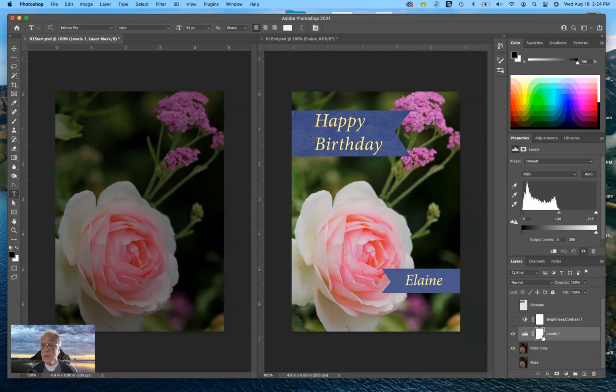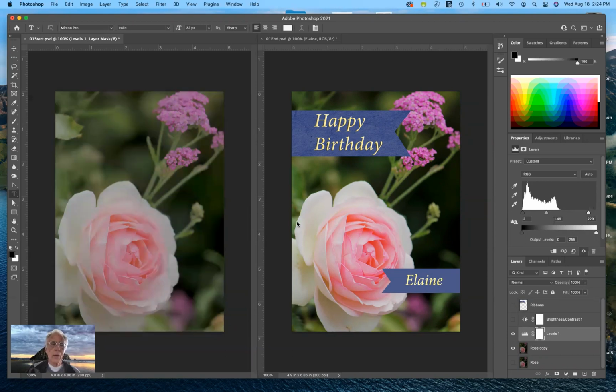So again, what I might want to do is, as soon as I clicked on levels, notice that it added a layer for it immediately above. Well, I'm going to go ahead and click auto again and see what results I get, and see if they're any different than the other one. And it is a little bit different. The pinks and the violets in the back aren't as intense,